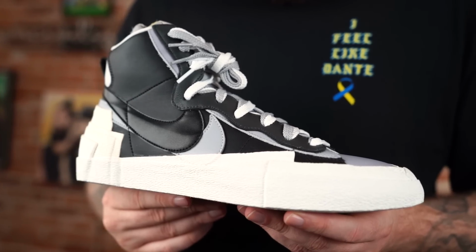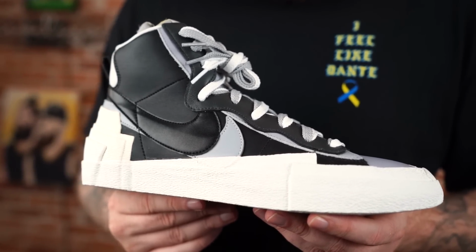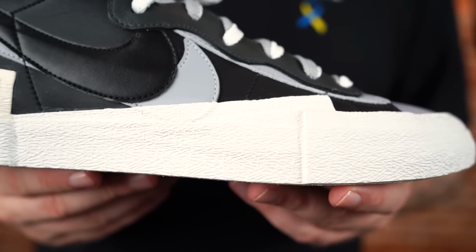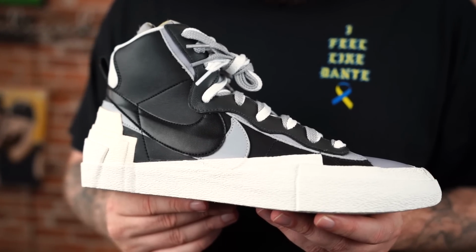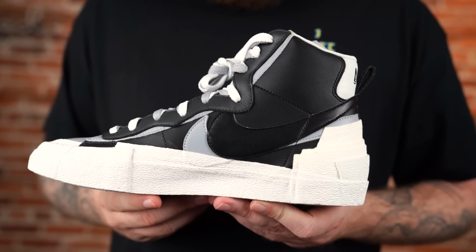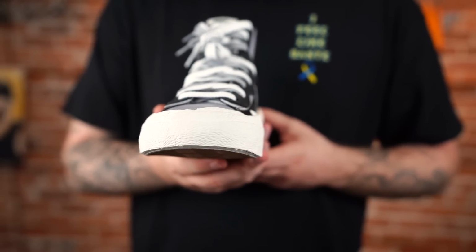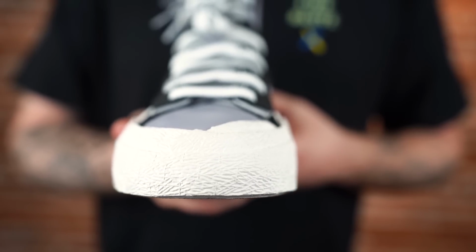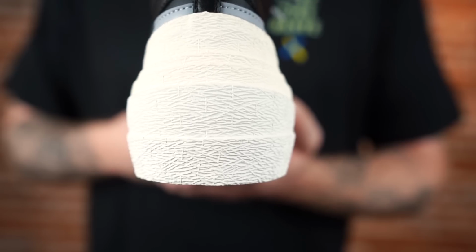Now, I guess I say that to say this. Personally, I don't really like these blazers. Full disclosure, I am not a blazer guy per se. Certain blazers, or certain colorways I should say, but it's not like I'm a fan of the model generally speaking. I much prefer the LDV Waffle over these. I just don't think this sneaker model lends itself very well to the layered look. Again, that is just my opinion, but I don't think these are worth the hype, or at least the hype